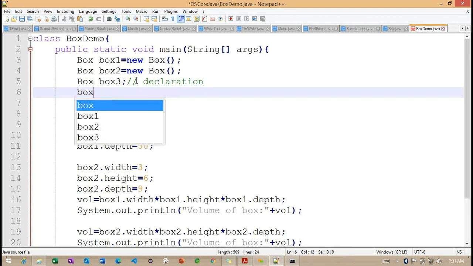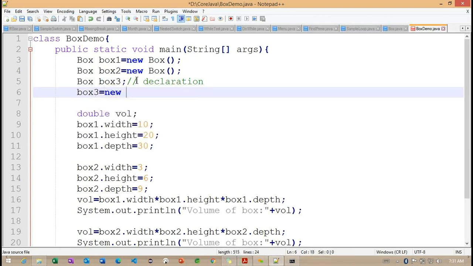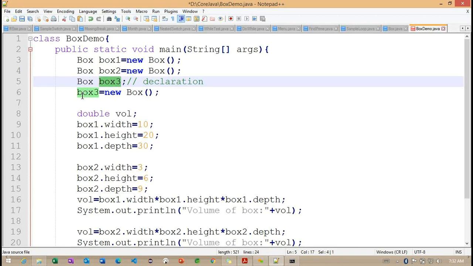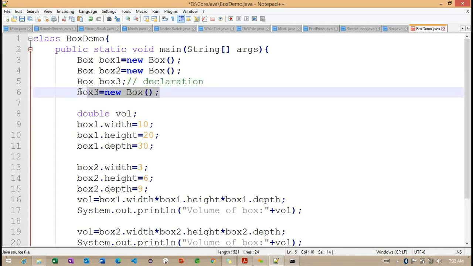And in line number 6, with the help of this box3, I'm going to create one more box here. But if you observe, this reference and this reference are the same. The only difference is that line number 5 declares, and in line number 6 we are creating an object and allocating the same object into the reference called box3.